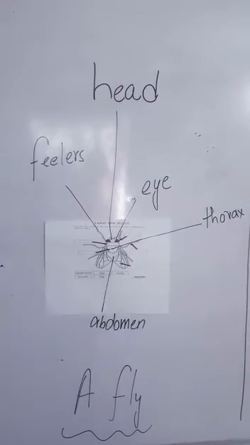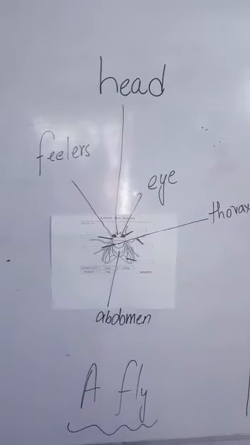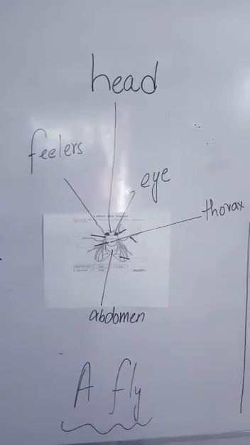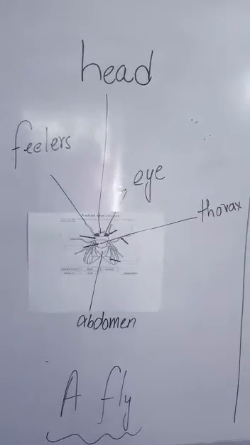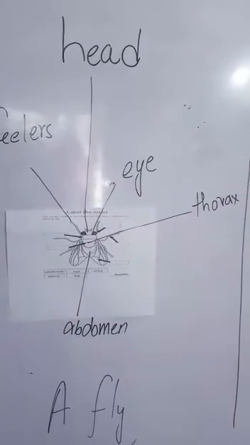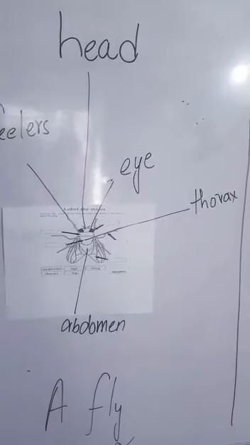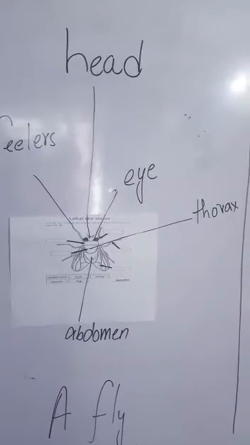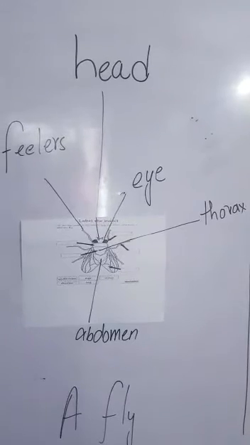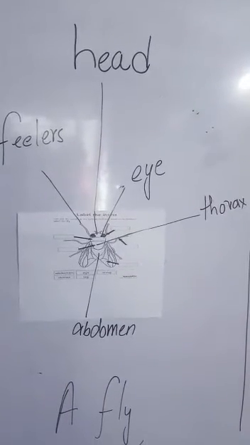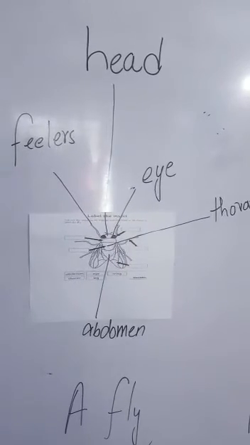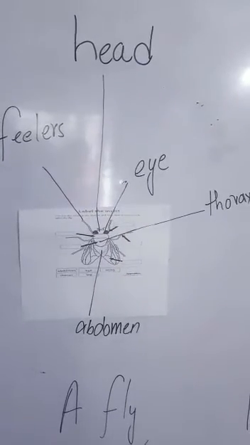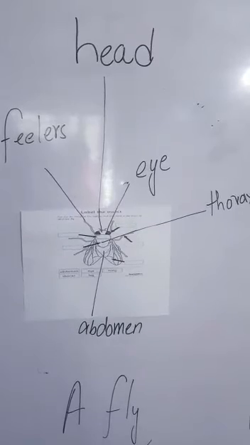In your third phase, you will find a question about a fly. You know, different insects are available around you, and you can see them in your home, outside, and inside of your home. But today we are going to learn about a fly. Yes, you can see in this picture, in this video, a picture of a fly and its parts.